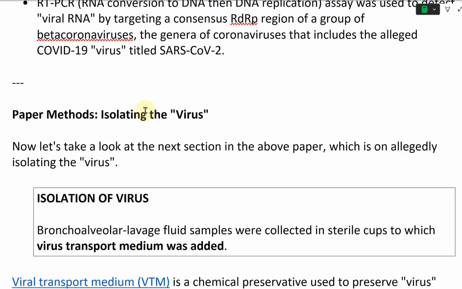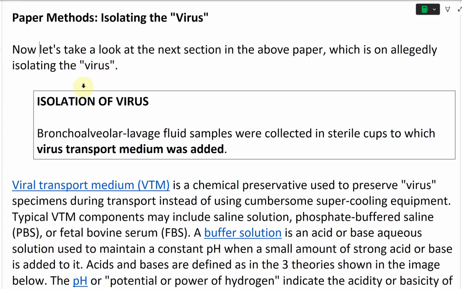Alright, so now let's take a look at the next section, and this is on the paper methods. The first part of it is going to be on isolating the, quote, virus. So now let's take a look at the next section in the above paper, which is on allegedly isolating the, quote, virus, and this paper starts off over here. So, isolation of virus,